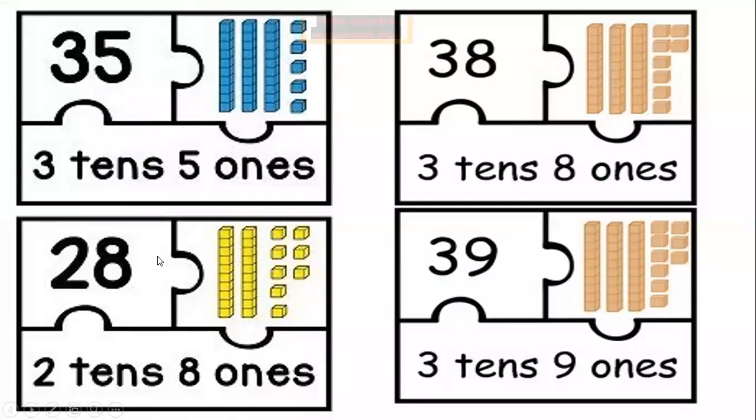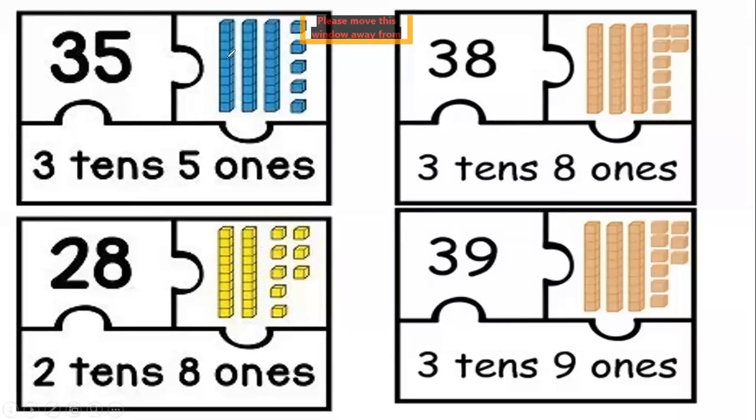So you all have studied about the tens and ones. Now you know which number is the tens and ones in the two-digit number. So for example, we have the number here 35. So we have the model of 35 and also the place value of 35. So in 35,